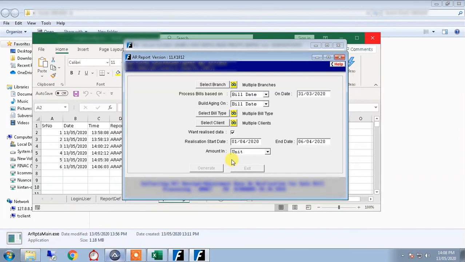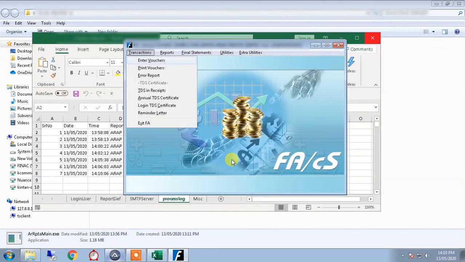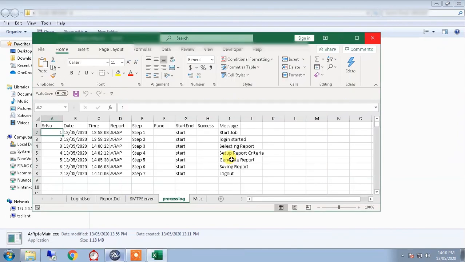Once the reports are downloaded, it will display all the reports with their file names. As we can see, the bot was able to download all the reports successfully. Now the bot will log out from the application and close the application. It will update the process log in the Excel sheet and also save and close the Excel configuration